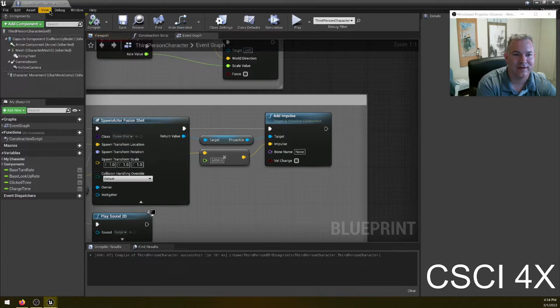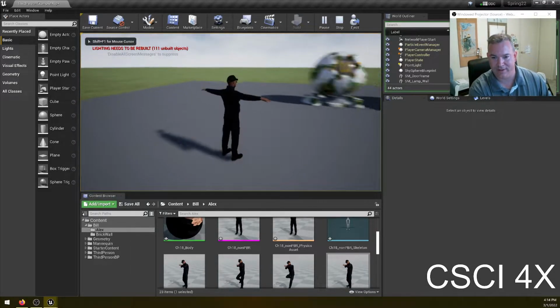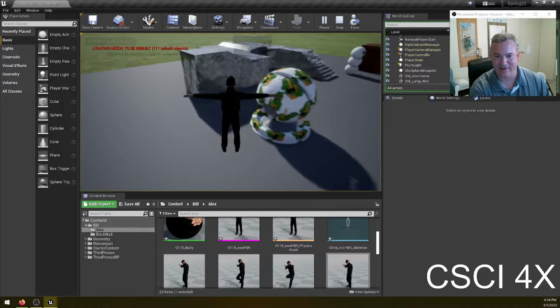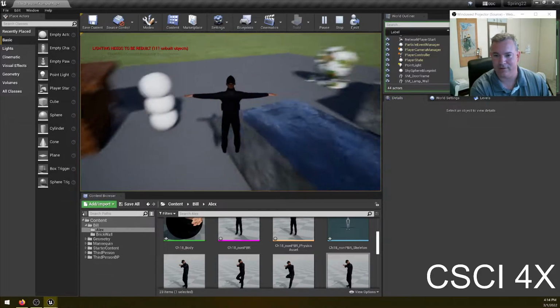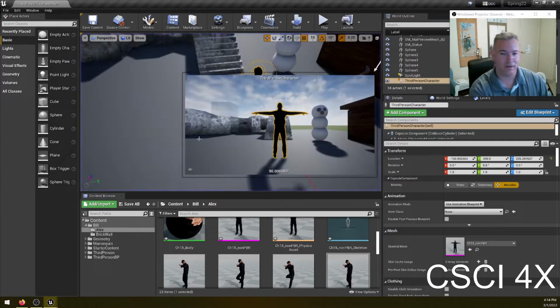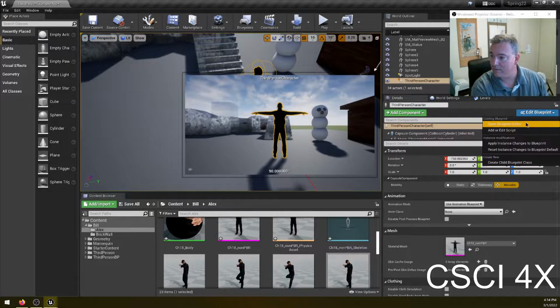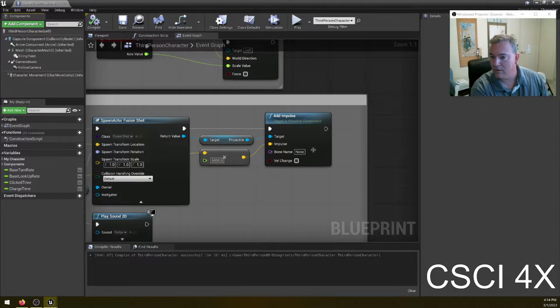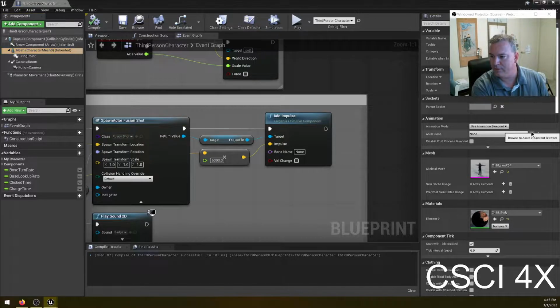And if I do this and hit play, you can see that I've got Alex now as my character, but it just T-poses by default because the animation blueprint is completely wrong for it. It actually uses a different skeleton and everything. So what I'm going to need to do is click on the mesh. You can see right here the animation blueprint's gone because it doesn't work. So we're going to make a new animation blueprint, but before we do that, we're going to put together a movement